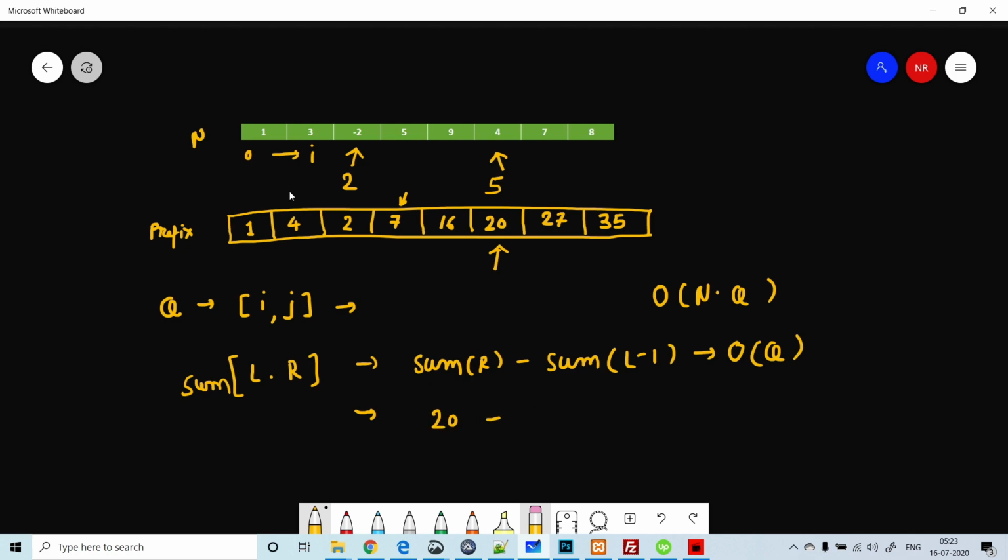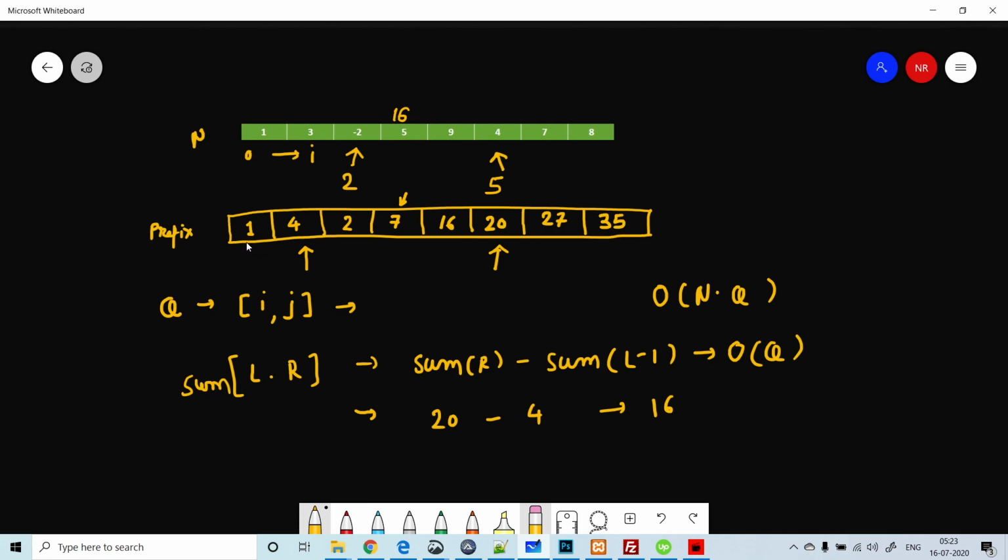L is at index 2, so we take the sum up to the previous index: 20 minus 4, which gives you 16. That is minus 2, 5, 9 and 4. This gives a sum of 16.